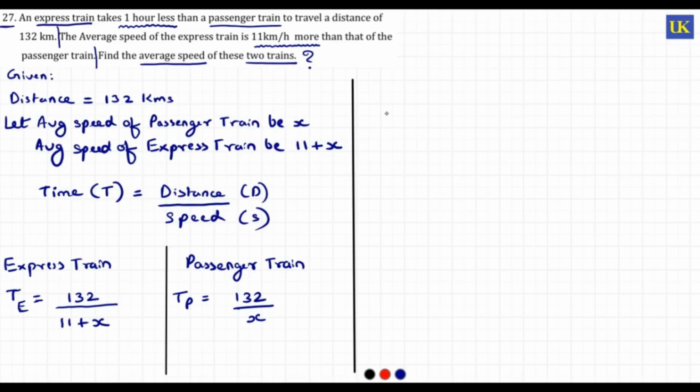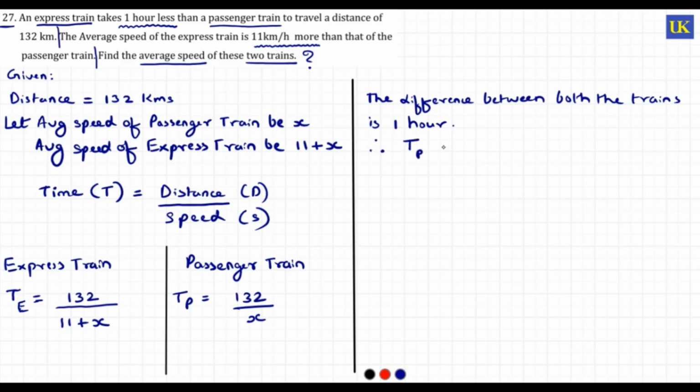Now what we will do? We know that the difference between both the trains is of 1 hour. Okay, so the difference of time between both the trains is how much? Of 1 hour. So therefore I can say that